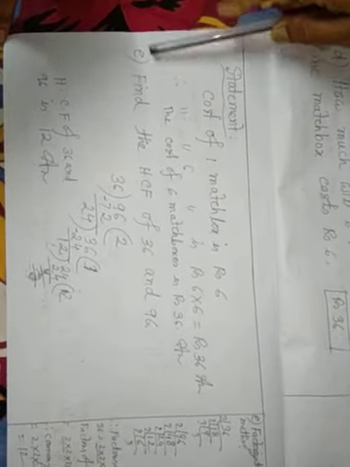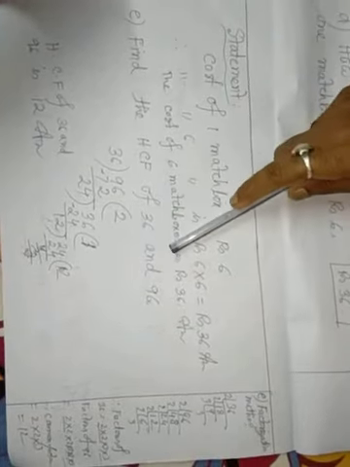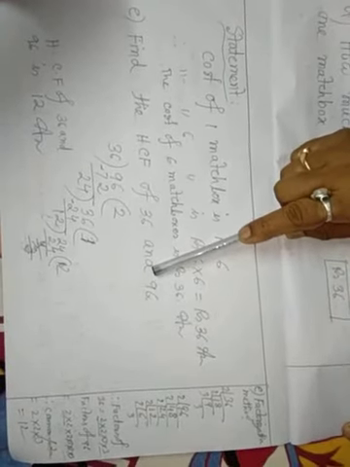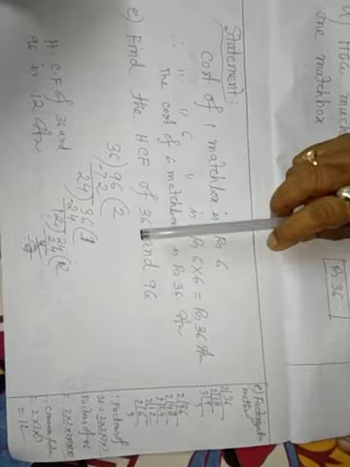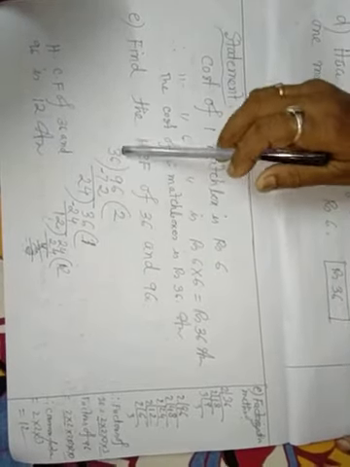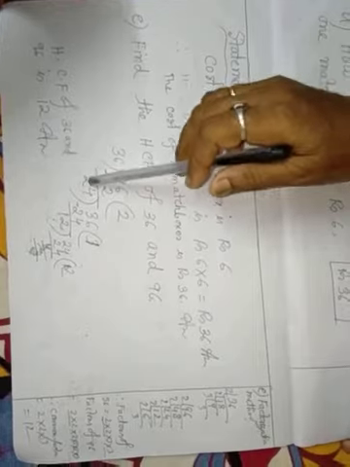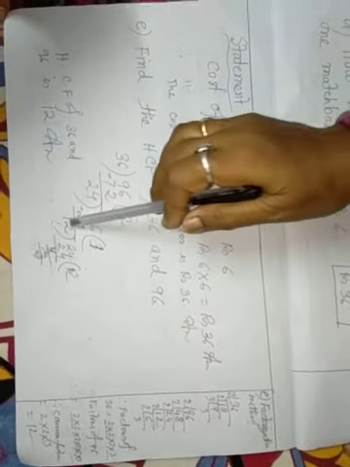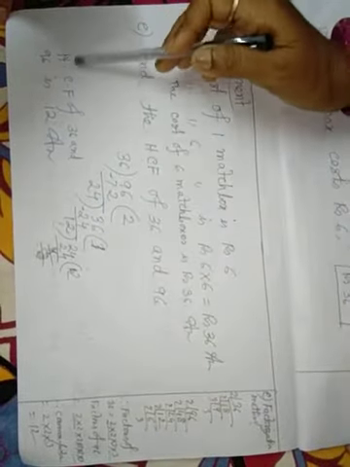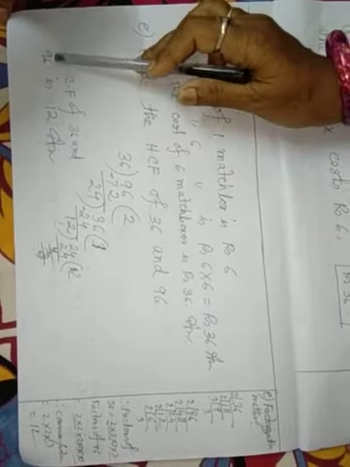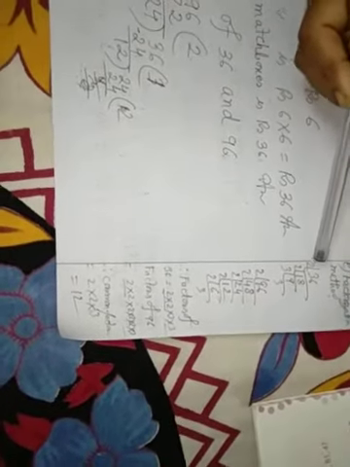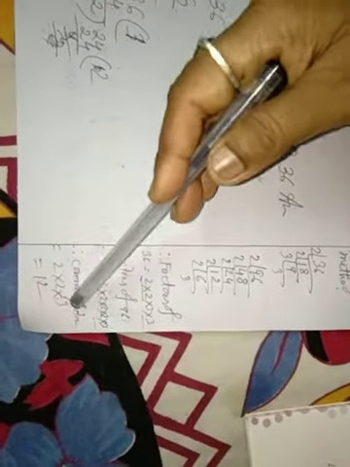Answer. E. Find the HCF of 36 and 96. You can do it either by factorization method or division method. 36 2s are 72, minus, 24, 24 1 is 24, 12, 12 2s are 24. So HCF of 36 and 96 is 12. I do here factorization method. So these are the factors. So common factors 2 into 2 into 3. 2 2s are 4 into 3, 12. Okay.